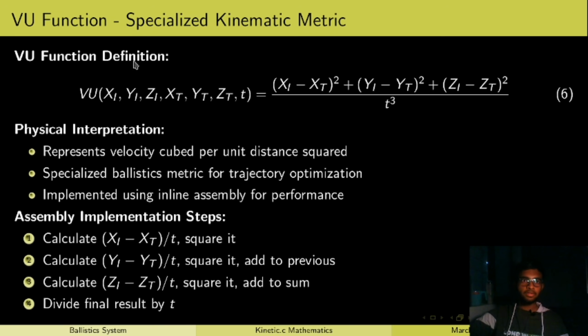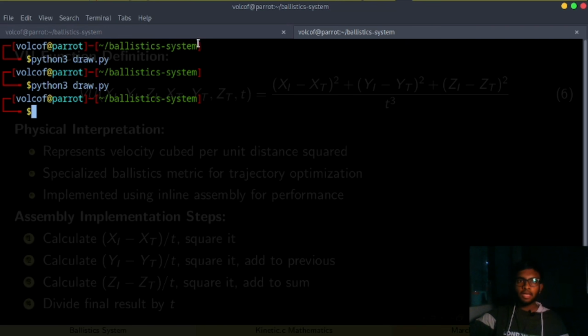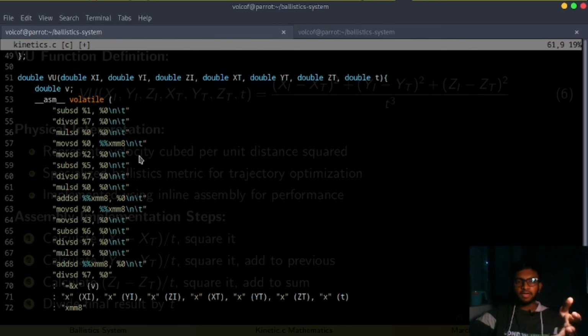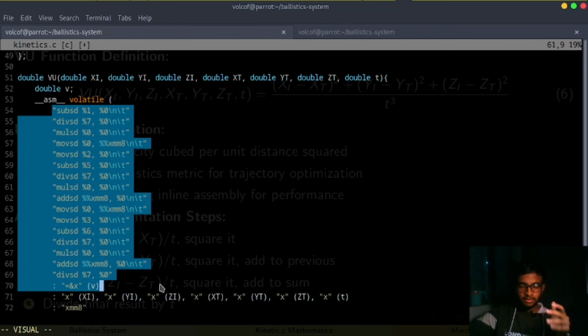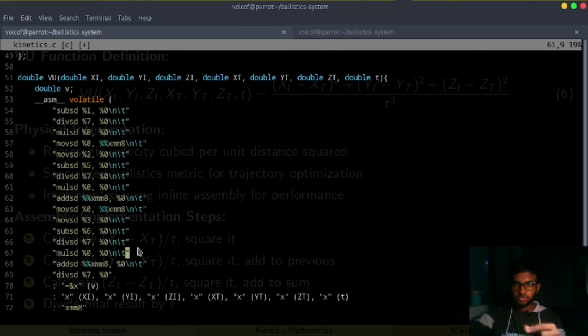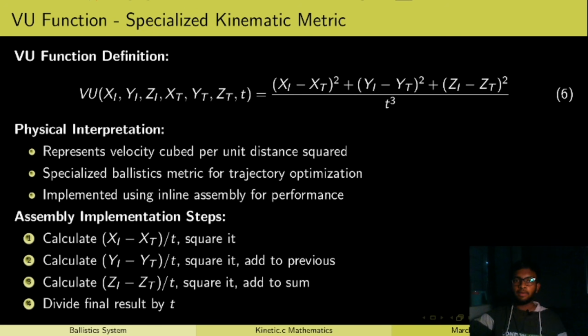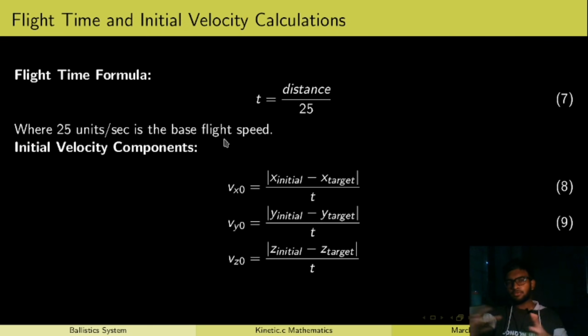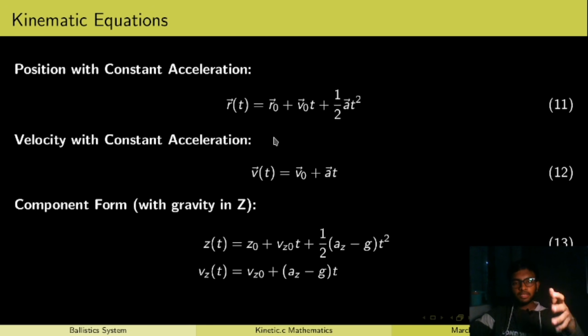And then we find the initial velocity using this formula for the 3D space. And this is a big part, this is a big highlight, as we're using assembly for it. We're directly telling the computer the exact instruction it is supposed to follow in order to evaluate the initial velocity. Then as we're moving forward, we use these formulas to determine its initial velocities in all the three axes. We then use these generic equations of kinematics according to Newton in order to determine the position, velocity, and the